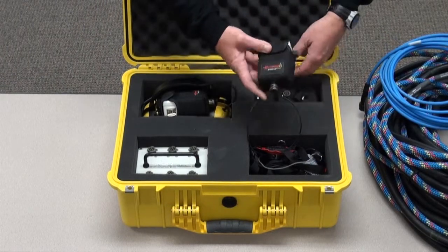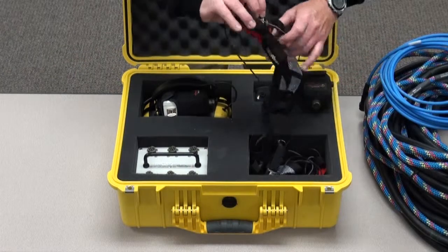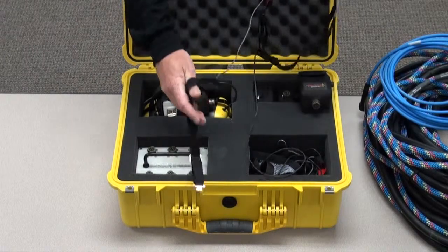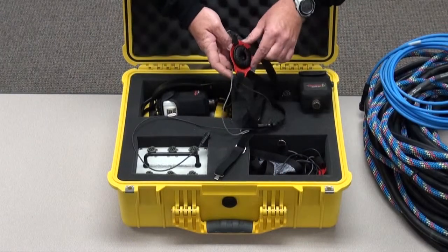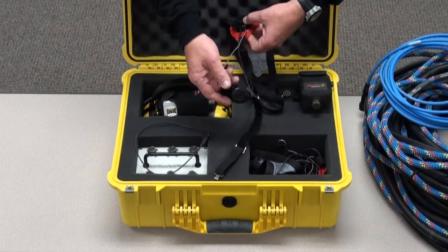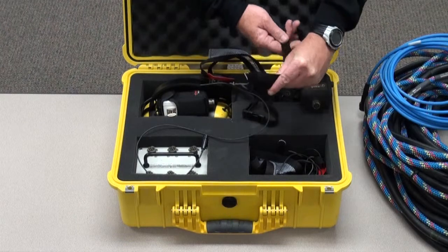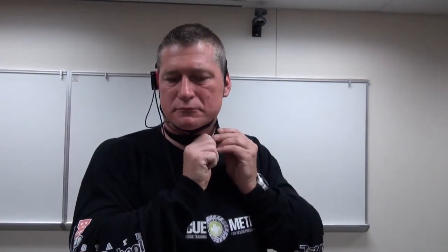So when you outfit your rescuers, each rescuer would get a headset with a harness, or a head harness I should say, and the bone mic application. These are designed, this portion, to go around the top of the head. This comes under the chin, much like a chin strap. This earpiece fits directly over the ear. This component comes down to this throat strap. The bone mic goes on the throat. This comes around the neck and latches back on itself. And then this needs to be appropriately adjusted per the rescuer so that it's snug, but not impeding or uncomfortable